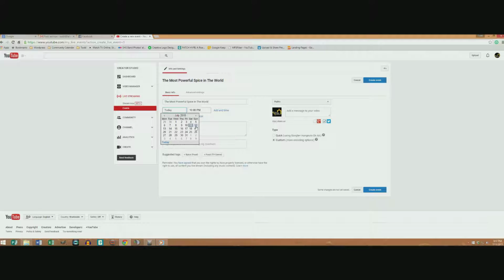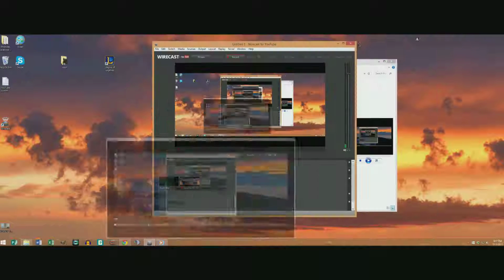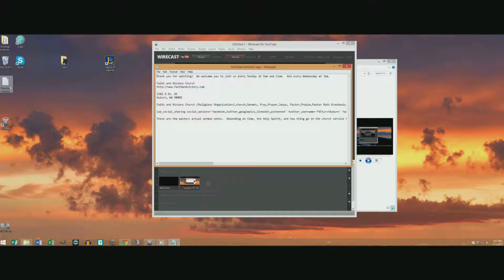I set the date, it's tomorrow. I do the second service first, because that way it just works right. And then I have a little notepad here, and this is also on the streaming computer. I'm doing this from home. There's a little notepad that lets me